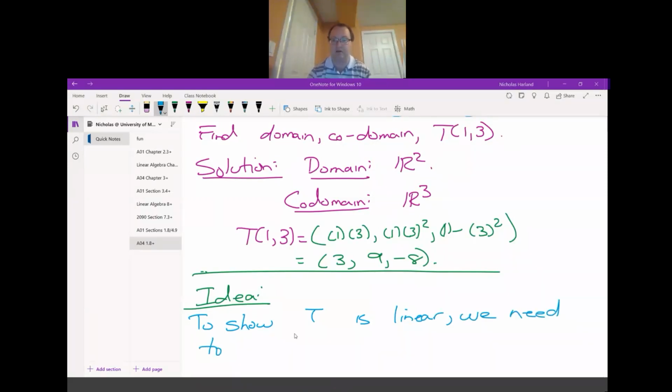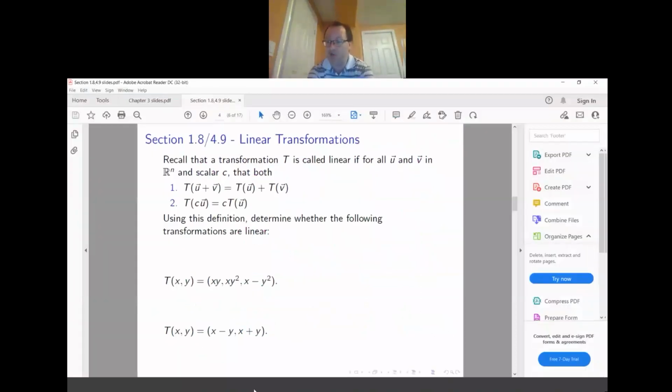Pop the definition back up here. If we wanted to show that something was linear, what do we need to do? We have these two properties. What do we need to do? We need to prove the left-hand side is equal to the right-hand side. Beautiful. Like we saw with our properties. Remember all those properties we saw of matrix multiplication and vector properties. We showed some of those properties were true. That's what we're going to be doing here. The same style of what we did before, we're going to do it here. We're going to show the left-hand side is equal to the right-hand side